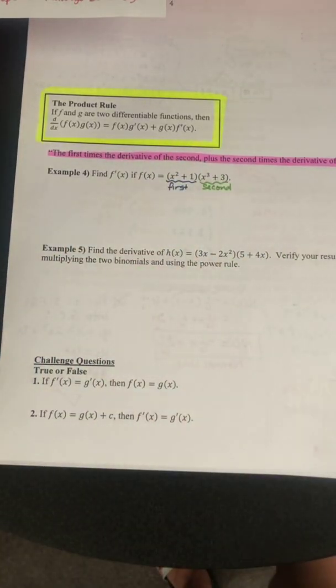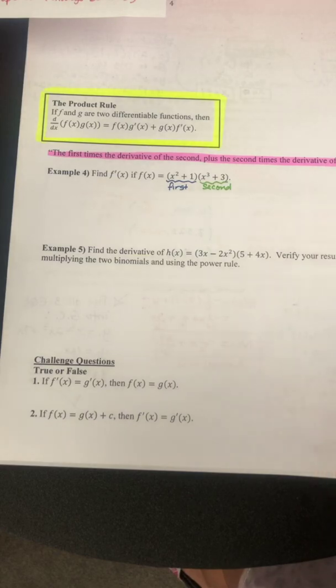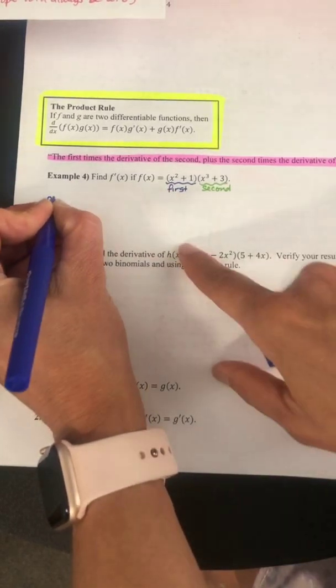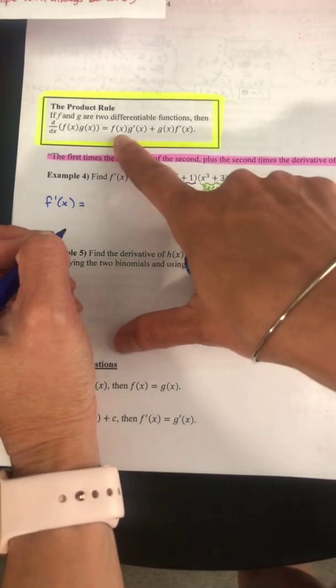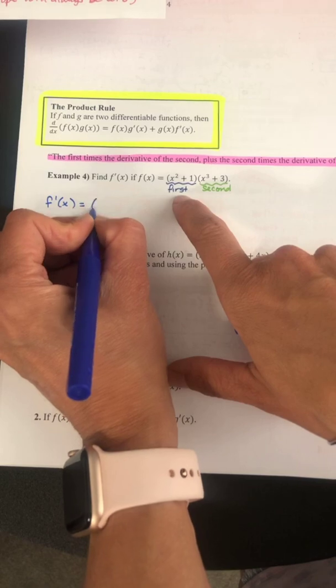So these are two separate functions. I could break this apart as two separate functions, and we need to find the derivative of it, okay? So let's find the derivative. So first of all, I'm going to need f prime of x because we're finding the derivative of f of x. Now, for the rule, I need the original function, so that's the first one, so x squared plus 1,